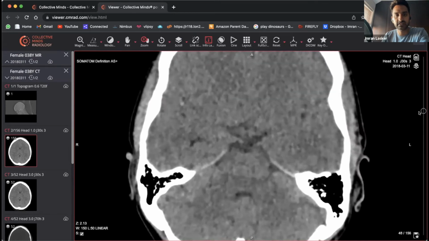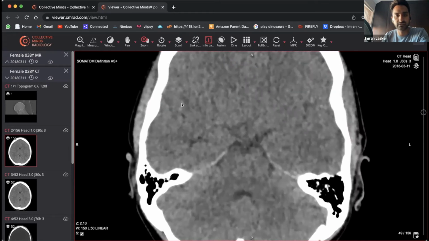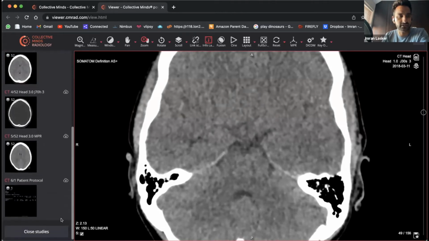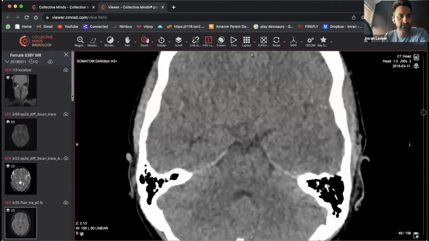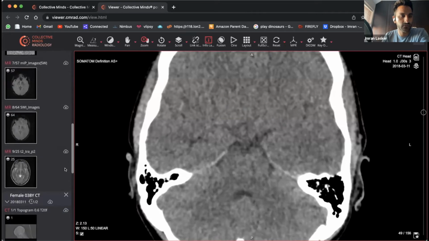And as you scroll through, you can actually feel as though you can see a bit of end-on vessel and then more of that vessel looking hyperdense going along that way. But on this side, it looks completely fine. Doesn't look like there's very much going on. And then, if I remember correctly, we do have the MRI scan for this patient. We will go straight for